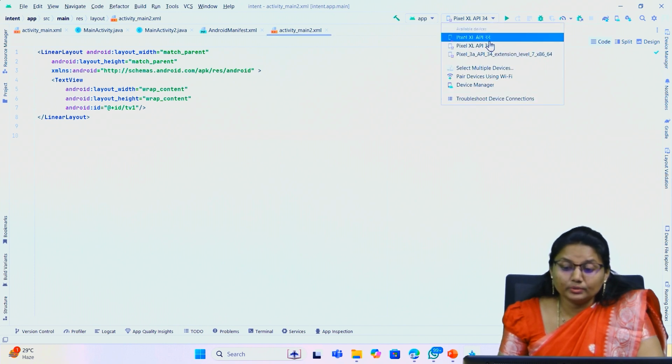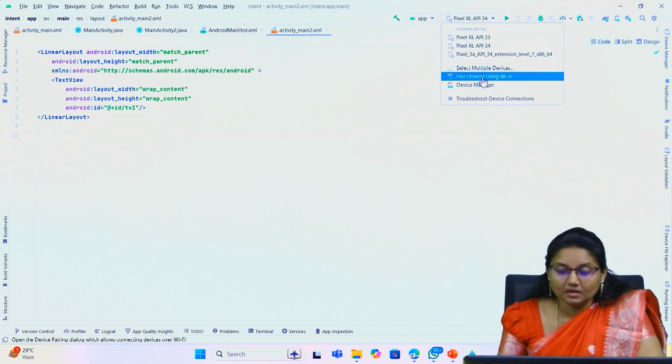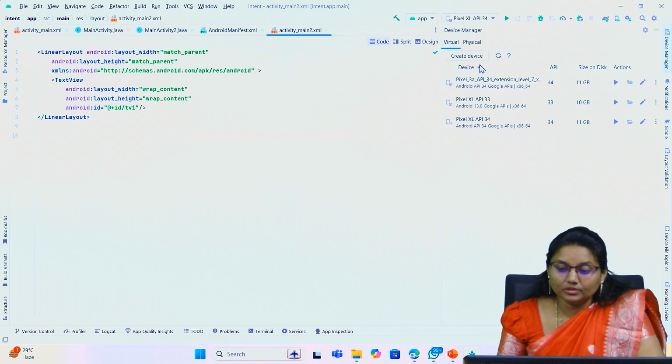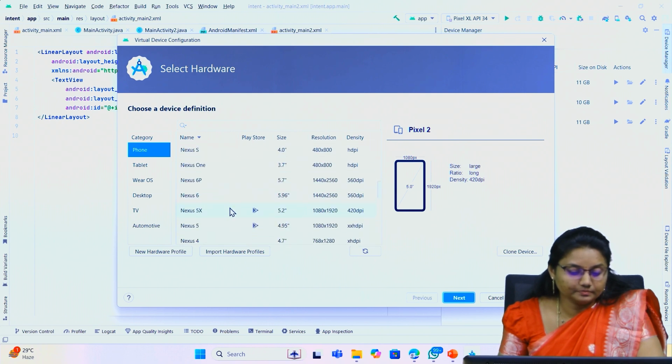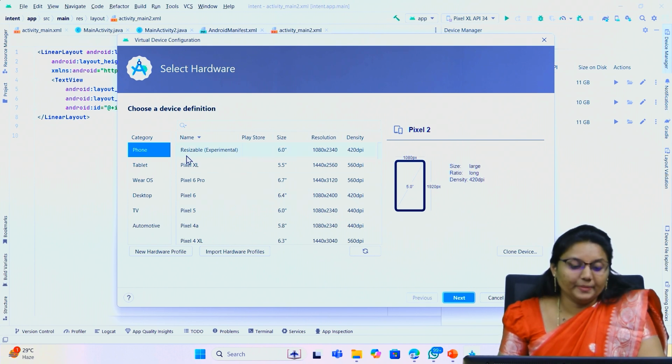If you wanted to create some device like this, then go to device manager, create device. So when you wanted to create any emulator, just click on create device. Either phone, tablet, all these are the devices that support emulator. So phone only we are taking because we are talking about Android Studio. So here whatever these are the various pixel versions according to the size, so that we can consider and we